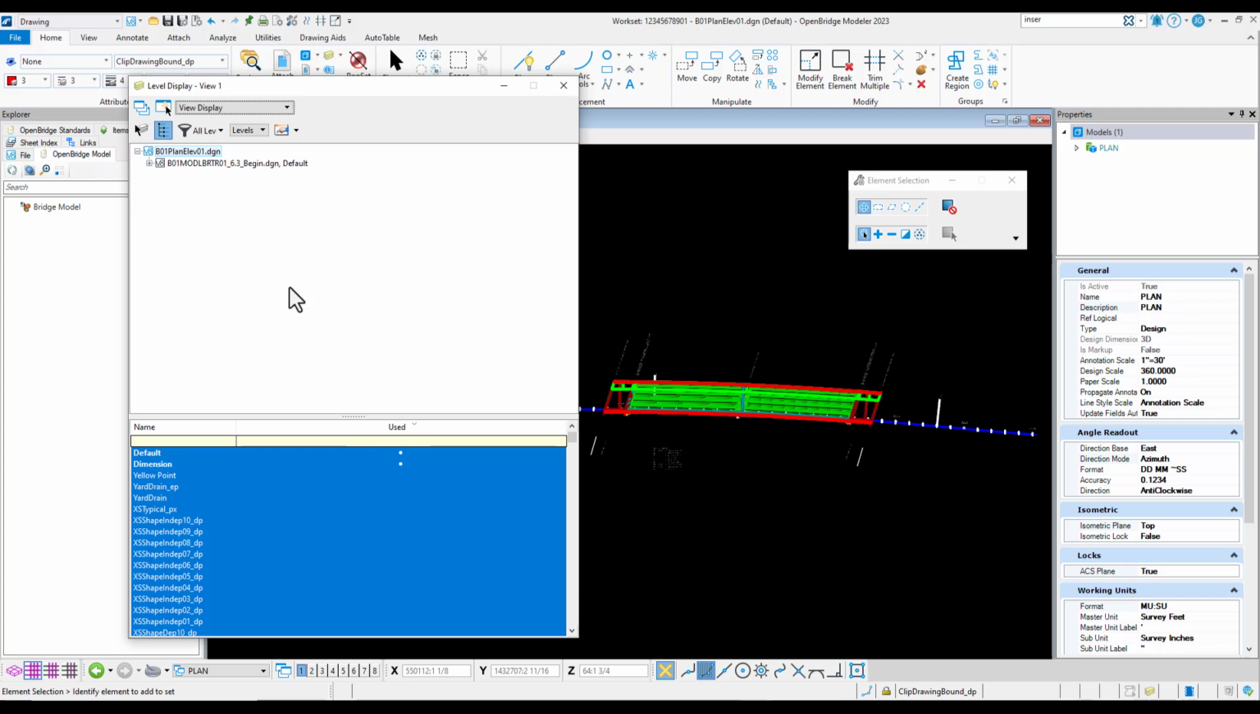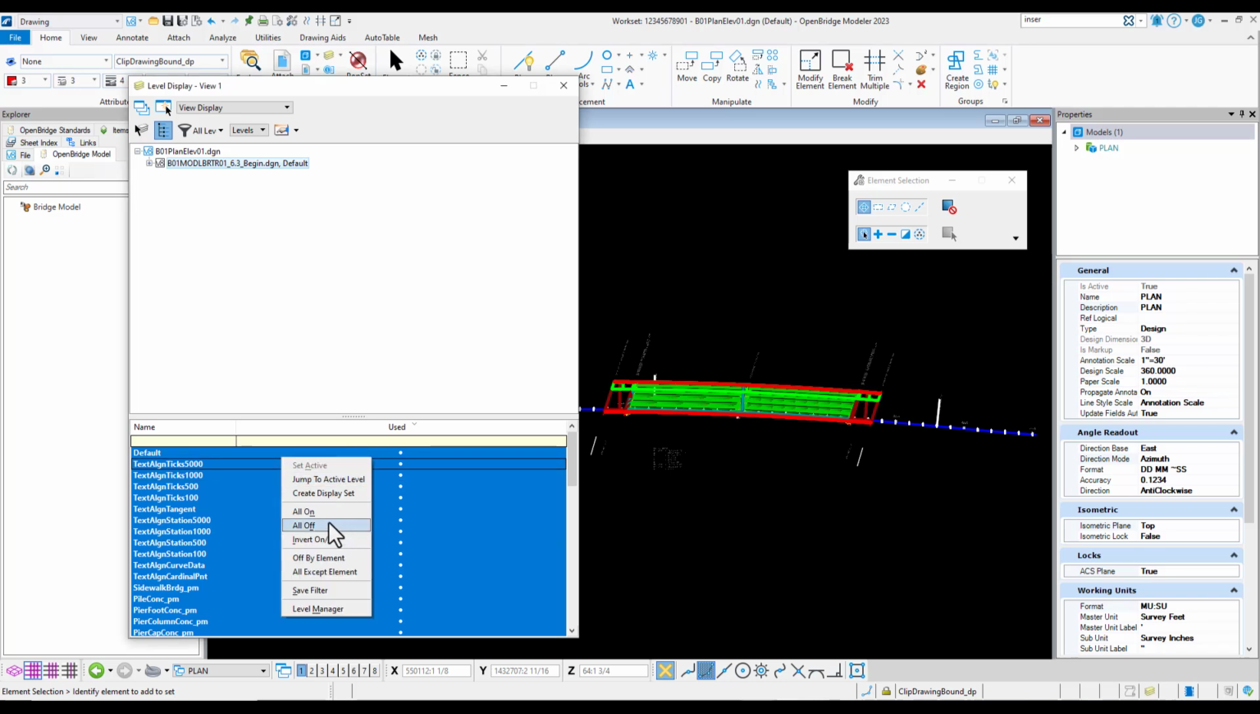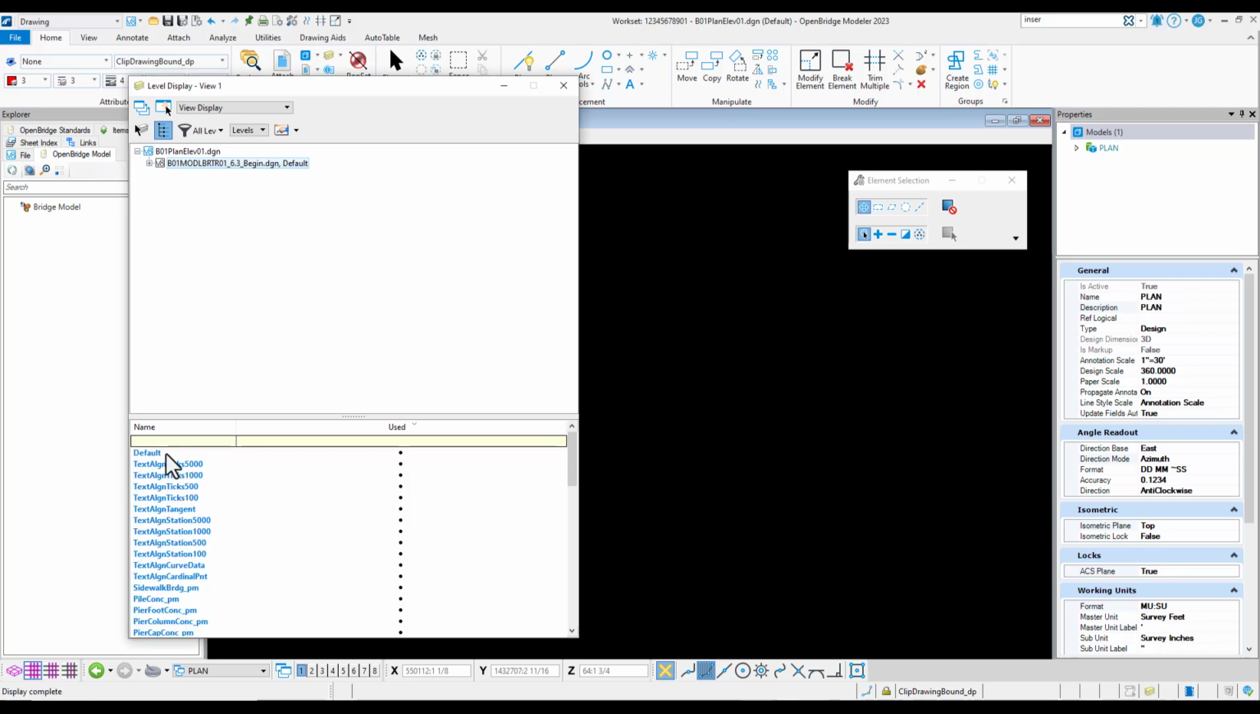In our level display window, we're going to select the reference to make sure we're turning off all the correct levels. We want to make sure we're turning off everything that is not necessary for our plan and elevation sheet. Essentially the levels that we need are our 2D core levels for the barriers, deck, and support lines. And then we'll leave on our 3D levels for the end bent cap, cheek wall, and pier cap and column. I'm just going to do that by turning off all the levels and then ticking back on the necessary ones. So I'll right click all off, and then I'm just going to turn on